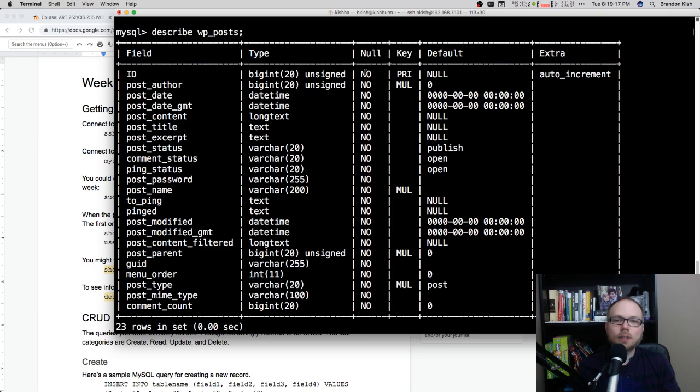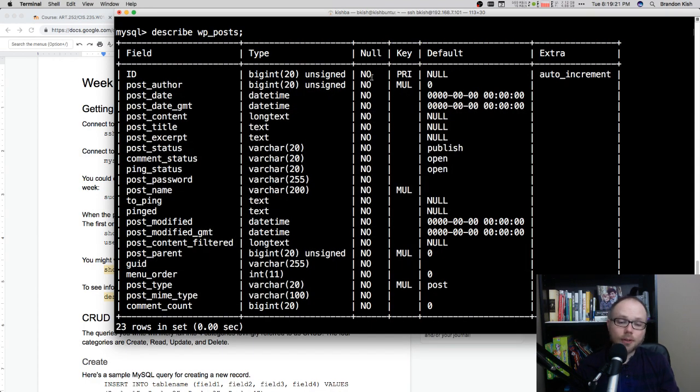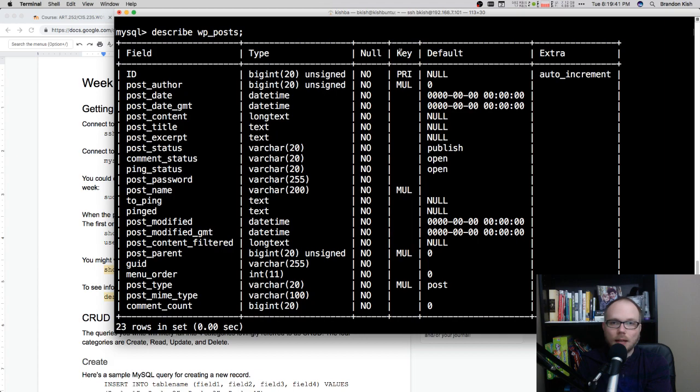The next column tells you whether any of these fields allow a null. If you've never heard the word null before, it means like empty or nothing. You can actually make fields be required. In fact, all of these fields require a value. Many of them actually come with a default value. So if you don't insert a date, it's going to populate it with 000 in it, so it won't leave the field empty. I skipped over the key.